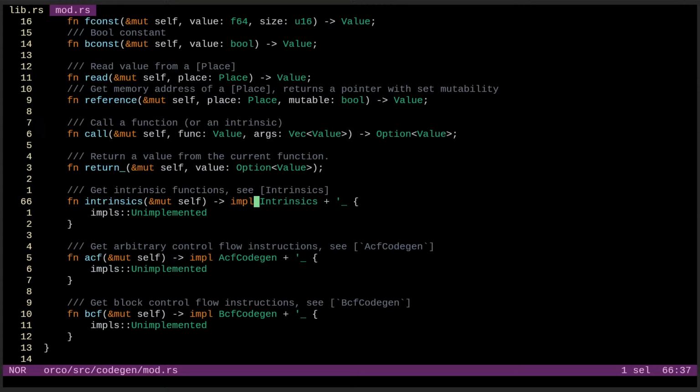So those use impulse. Those use impulse. Now I will change this.